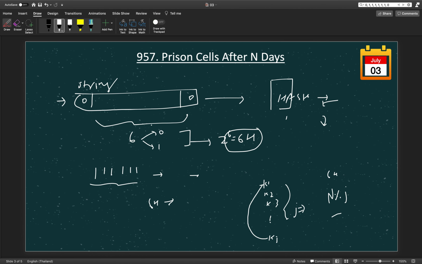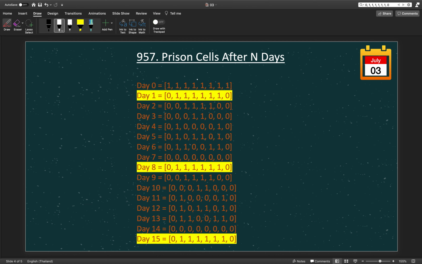But as we found a total of 64 patterns, there is definitely a cycle. What I did was run a loop for about 20 iterations and found this pattern. I started here with all the values; these 6 values are more important, and the other 2 we don't care about, because from the next day itself they always become 0. So I ran the loop over here, and this is my day 1 state. Then I found that after day 1, at the 7th day, that is day 1 plus 7, it is repeating.